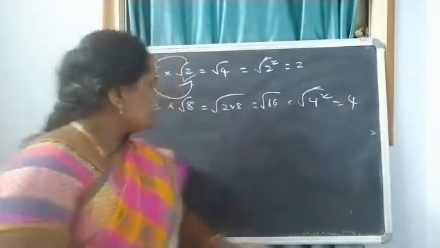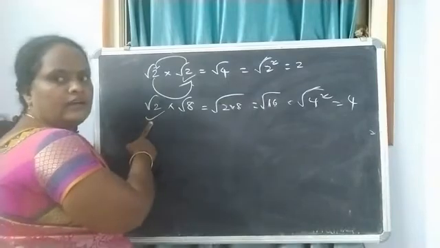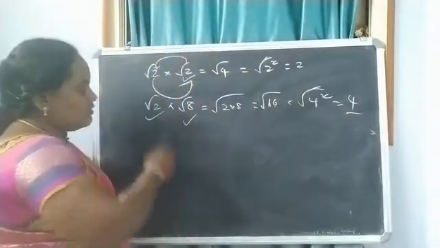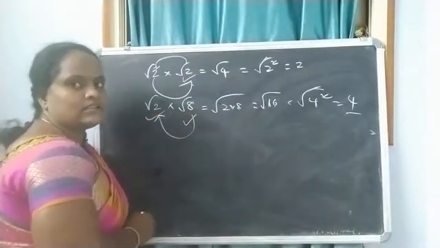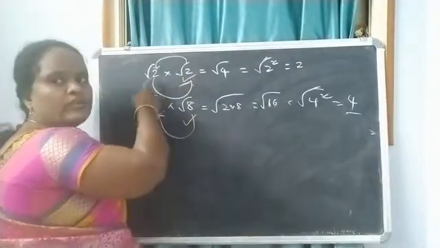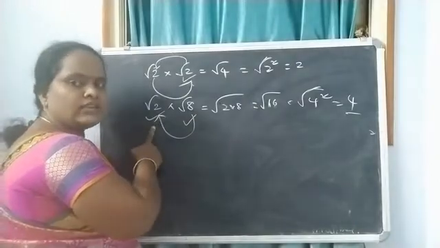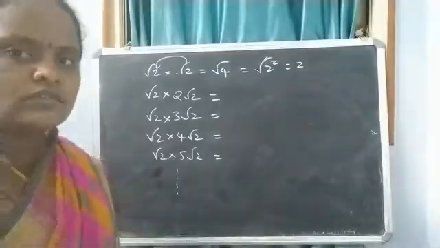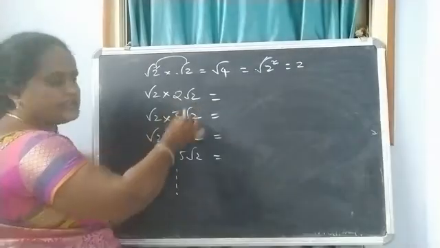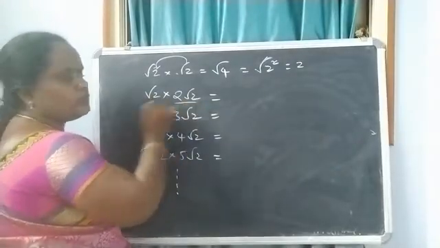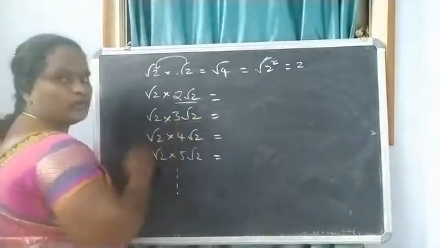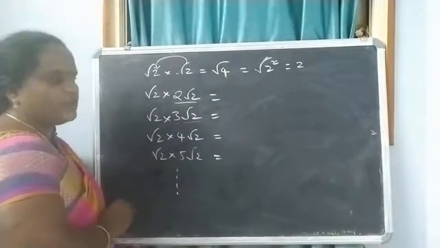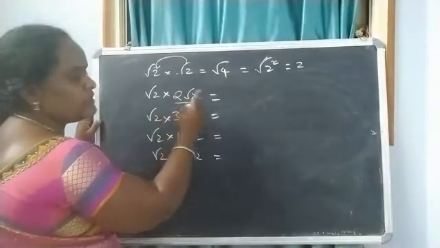Here also, if we multiply an irrational number, root 2, with one more irrational number, I am getting a rational number. So, for root 2, root 8 is also a rationalizing factor. Root 2 is a rationalizing factor, root 8 is also a rationalizing factor. How many rationalizing factors will be there for a given number? So, to understand that, I have taken a few more examples. Root 2 into 2 root 2, root 2 into 3 root 2, root 2 into 4 root 2, root 2 into 5 root 2 I have taken. Now, let us see. Root 2 into 2 root 2 is how much?